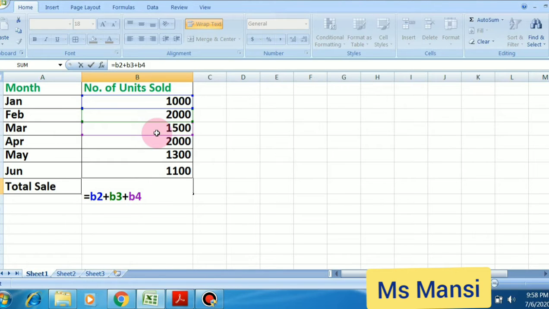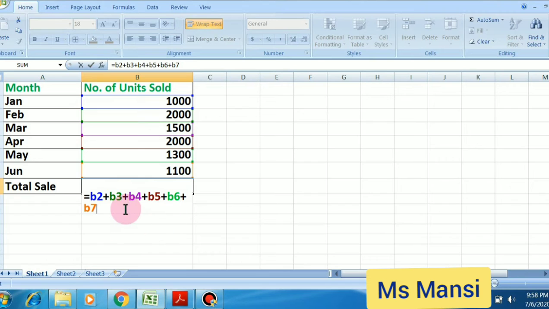B4 plus B5 plus B6 plus B7. Okay, B2, B3, B4, B5, B6 and B7.